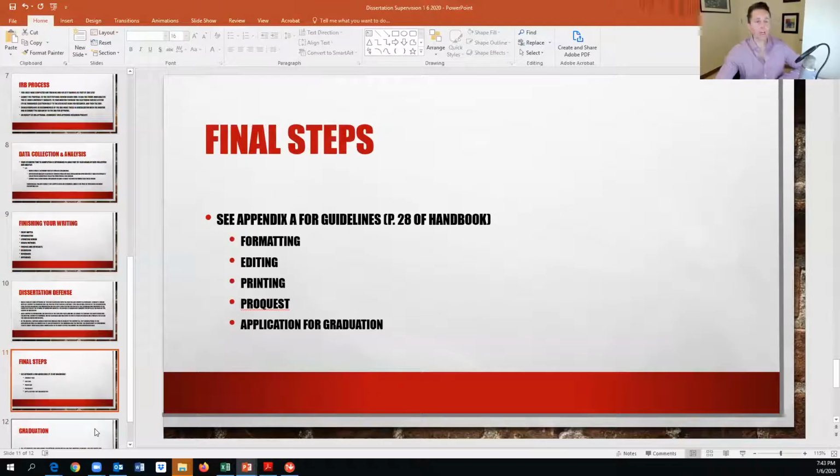And then some of the final steps. Let's say that you have defended your dissertation. After your 35-minute presentation, we ask you to step outside. We talk together as a committee about what our recommendation is. It can typically be 1 of 3 outcomes. It could be pass straight up. It could be pass with a few changes, revising these things according to such and such. Or it might not be a good outcome, and you would have to go back into it so that you would be ready for a second attempt down the road.